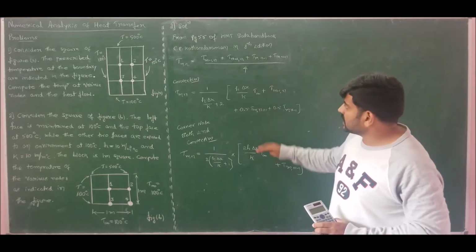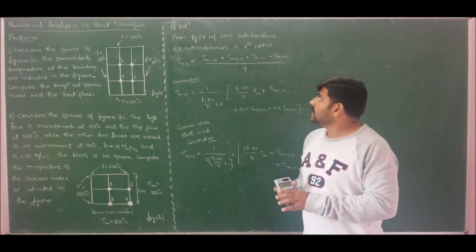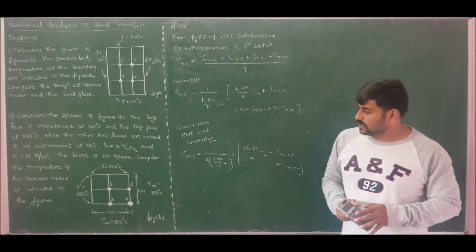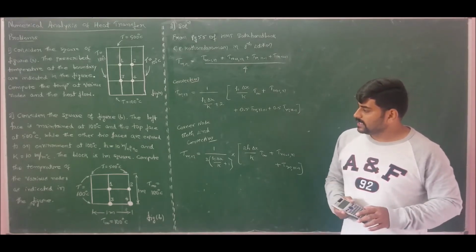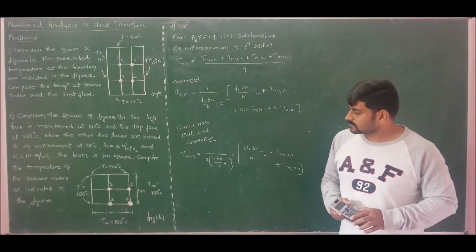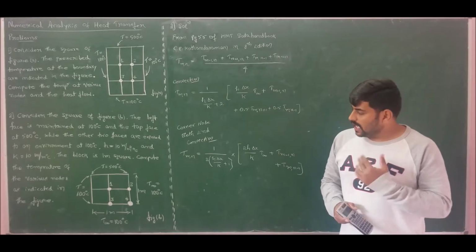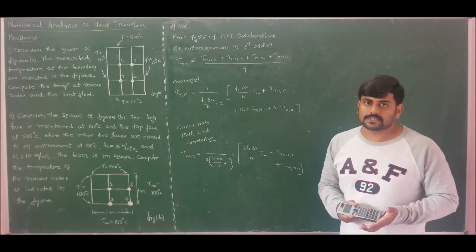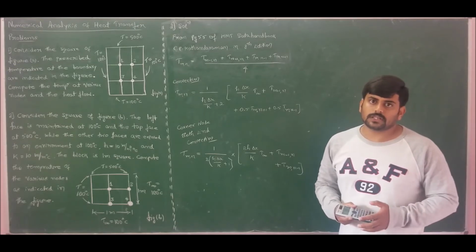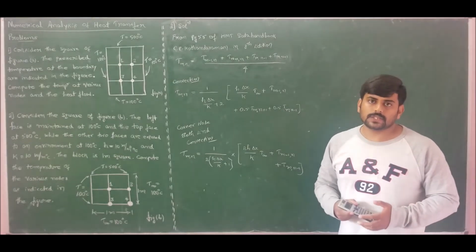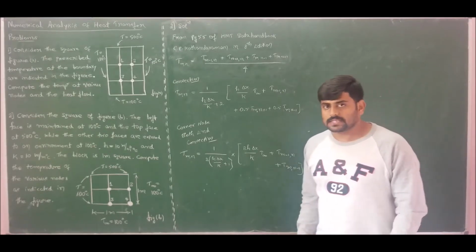All these three expressions are available on page number 55 of the data handbook by C.P. Kothandaraman, 8th edition. Now I should use these equations, derived with the help of the finite difference method, and formulate 4 equations with 4 unknowns. Finally I will convert them into a matrix, and it is left to you to employ any technique to solve the matrix equation Ax = B. I will be using the Gauss elimination method. So let me solve this problem.